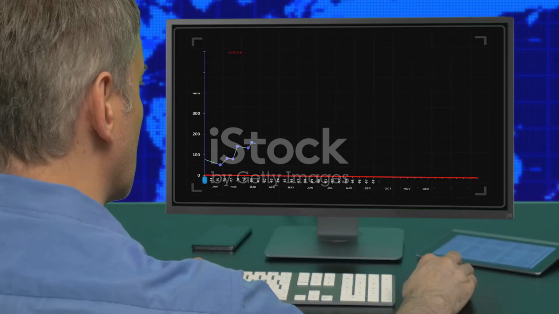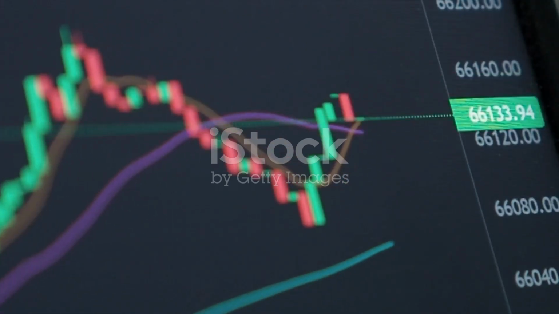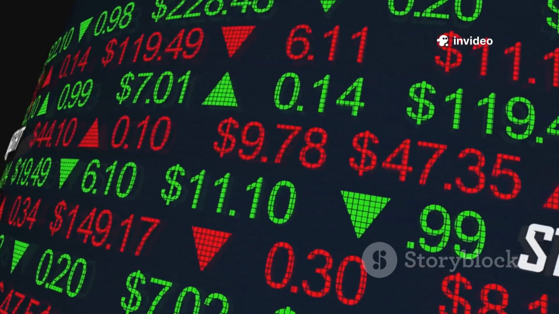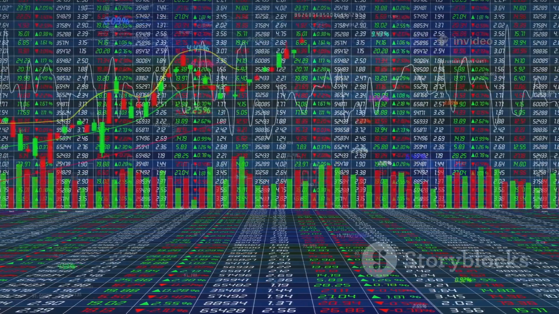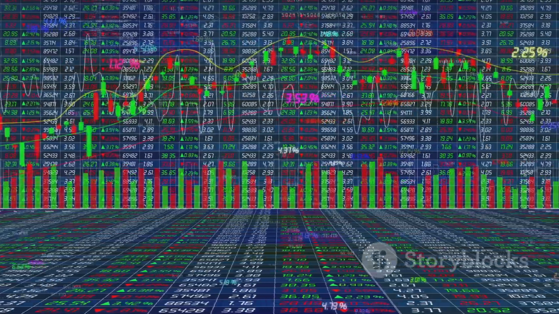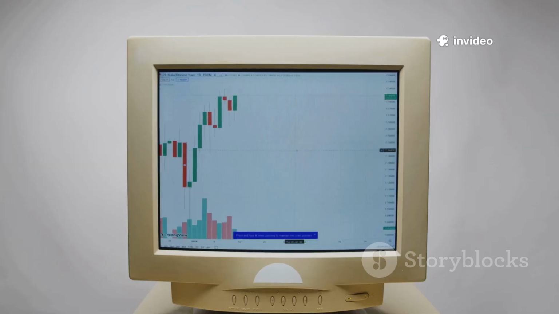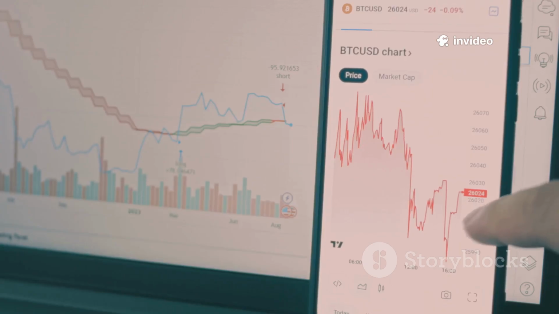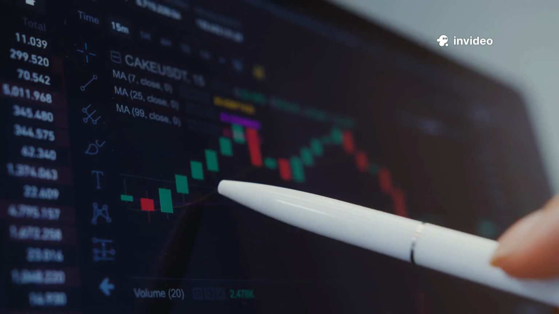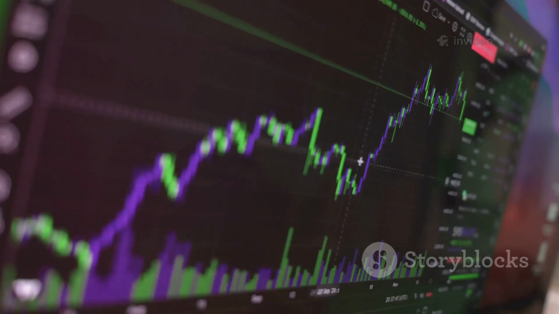The biggest mistake? Blindly buying below 30 or selling above 70. Overbought doesn't mean a crash is coming, and oversold doesn't guarantee a rally. In strong trends, these levels show strength or weakness, not reversal. Another error, using RSI alone. Without price action, support resistance, or volume, RSI signals are unreliable. Context matters. A signal at a key level in a trend is far more powerful than one in the middle